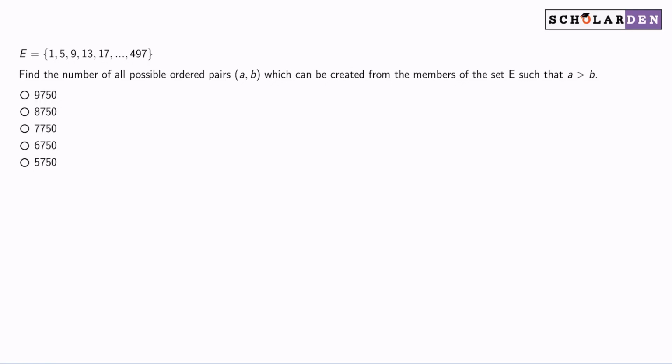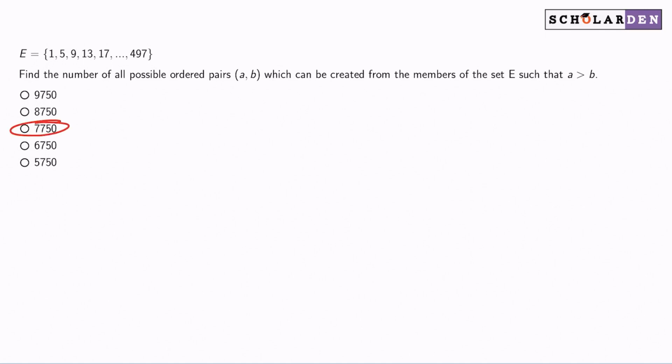E equals the set of numbers beginning with 1, 5, 9, 13, 17, etc., until 497. Find the number of all possible ordered pairs AB, which can be created from the members of the set E, such that A is greater than B. All right, everybody, the answer here is C,